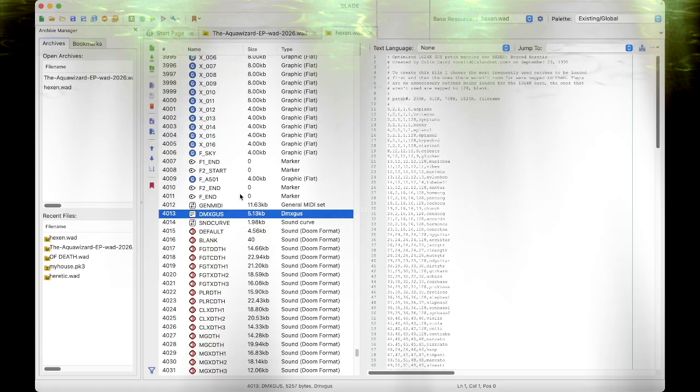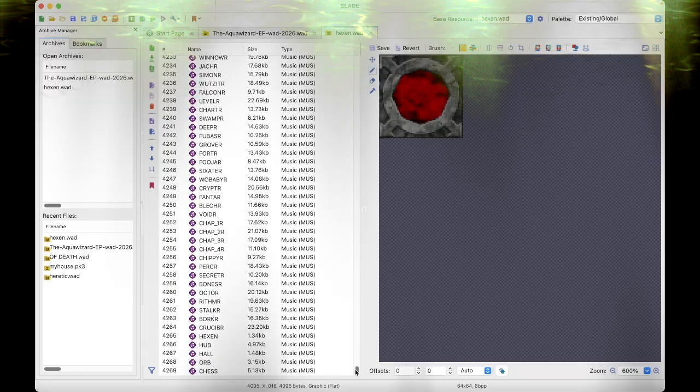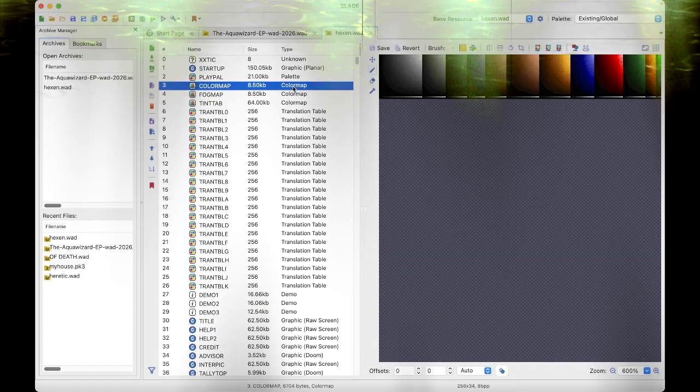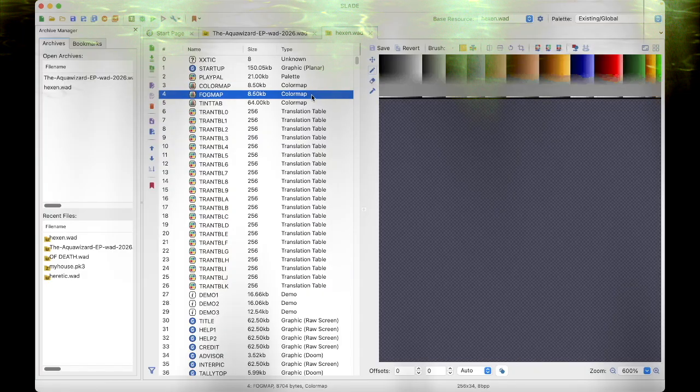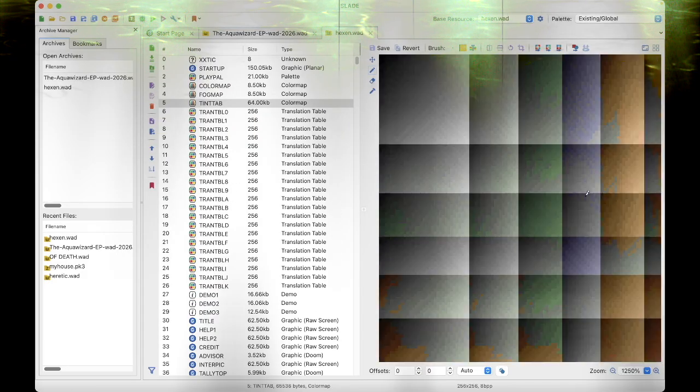Here's a bunch of sound stuff. Yeah, programming things. So I think that's pretty much going to wrap up taking a look at what's going on here. The rest of this is just music and sound, which I feel like I've got a good grasp over. If you know what this stuff is, maybe this will be a fast way to change everything in the game. I don't know. Color map, if I want to try to mess around copying that over into the WAD and then shifting all of the hues to make everything look, you know,